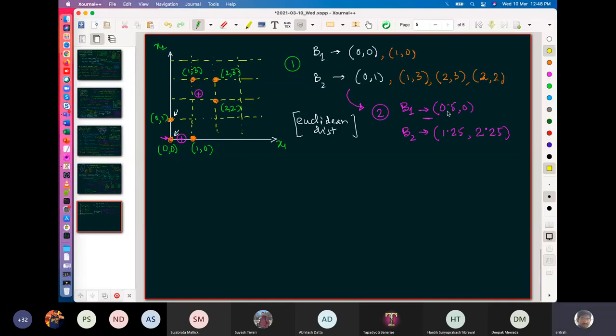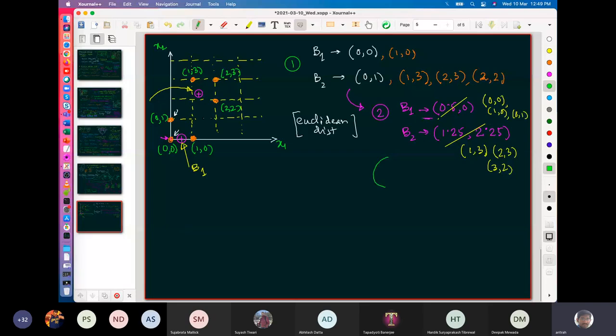Repeat the same algorithm. With respect to 0.50, what are my closest points? Now you can see with respect to this point in basket B1, my closest points are these three, because I have this point here in basket B2 and these three are my closest. So obviously here 0, 0 will come in, 1, 0 will come in and 0, 1 will come in. And in this basket, 1, 3 will come in, 2, 3 will come in and 3, 2 will come in. Right? You do not have to consider this anymore.